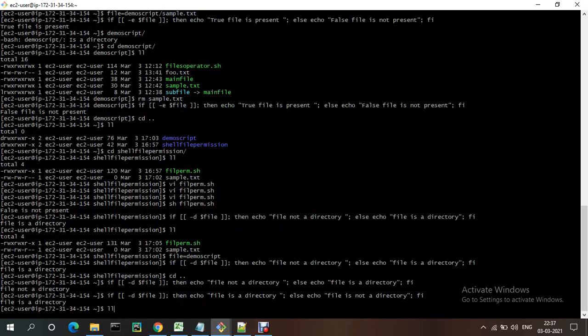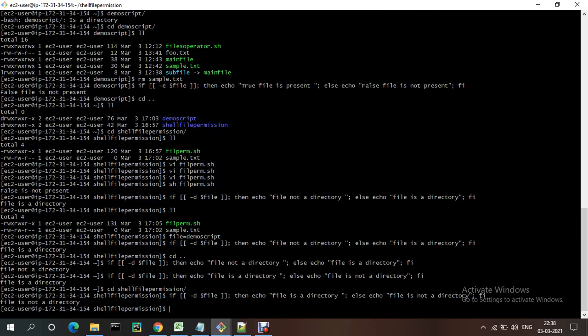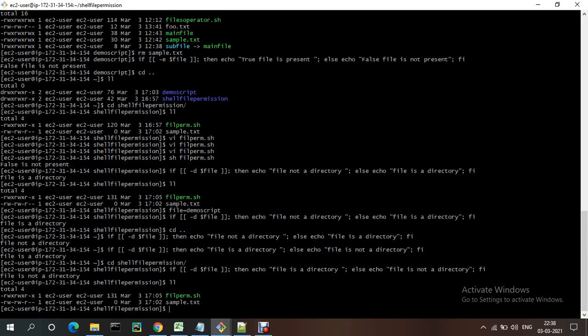Now because we declare file equal to demo script, if you go into the directory and try to run this one, it says file is not a directory because there is no directory here, whatever declared this one.